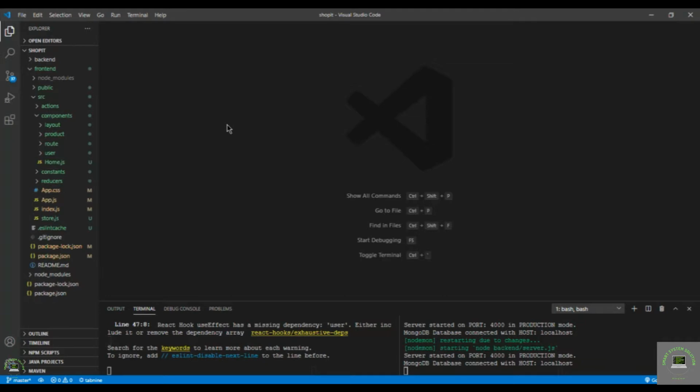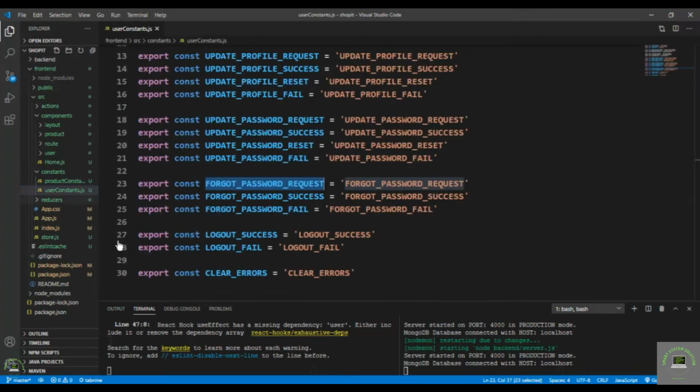Alright, so welcome back. In our previous video, we have successfully sent the recovery email to our server. And now in this video, I have to create the component for the new password because the user also has to set the password. Alright. So what I do is bring up my constants, user constants, and let's simply copy